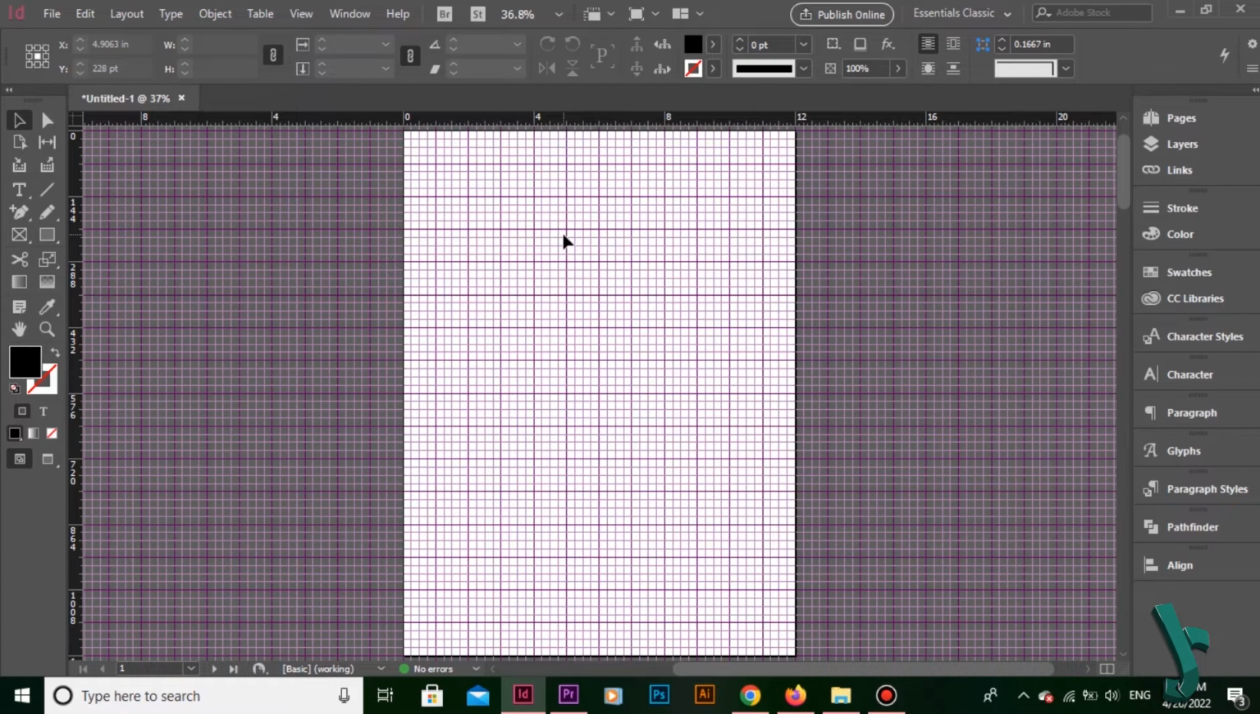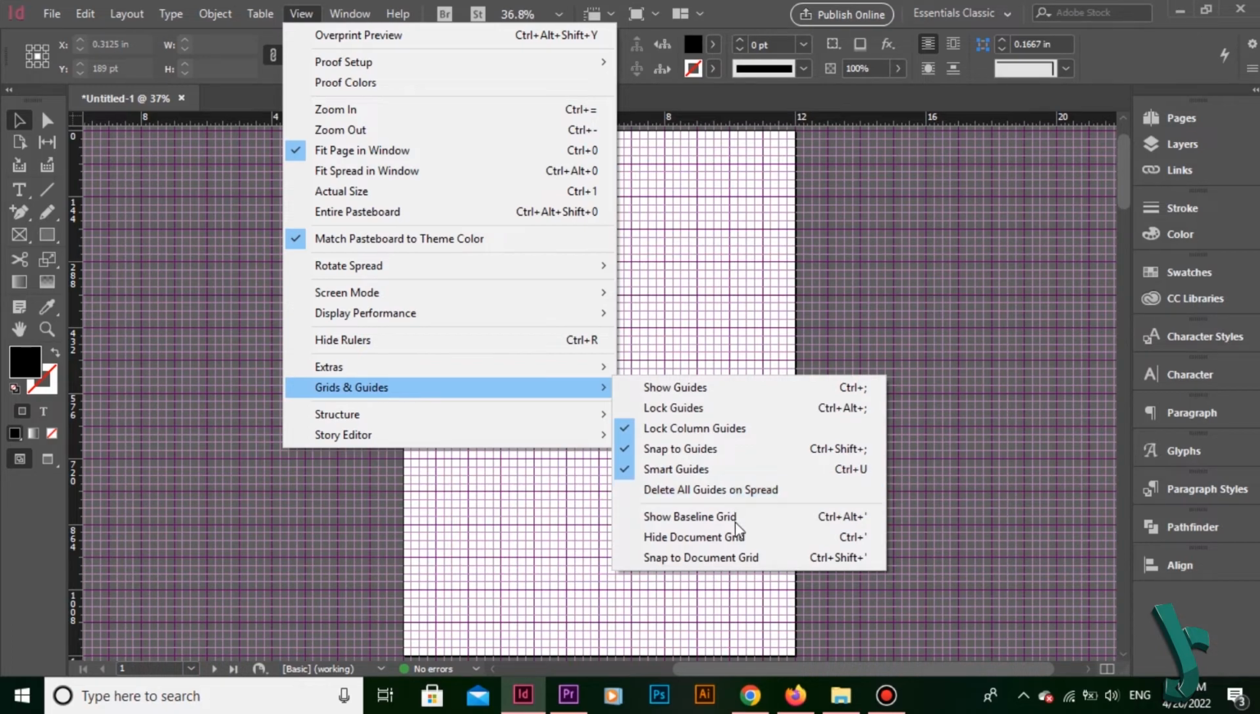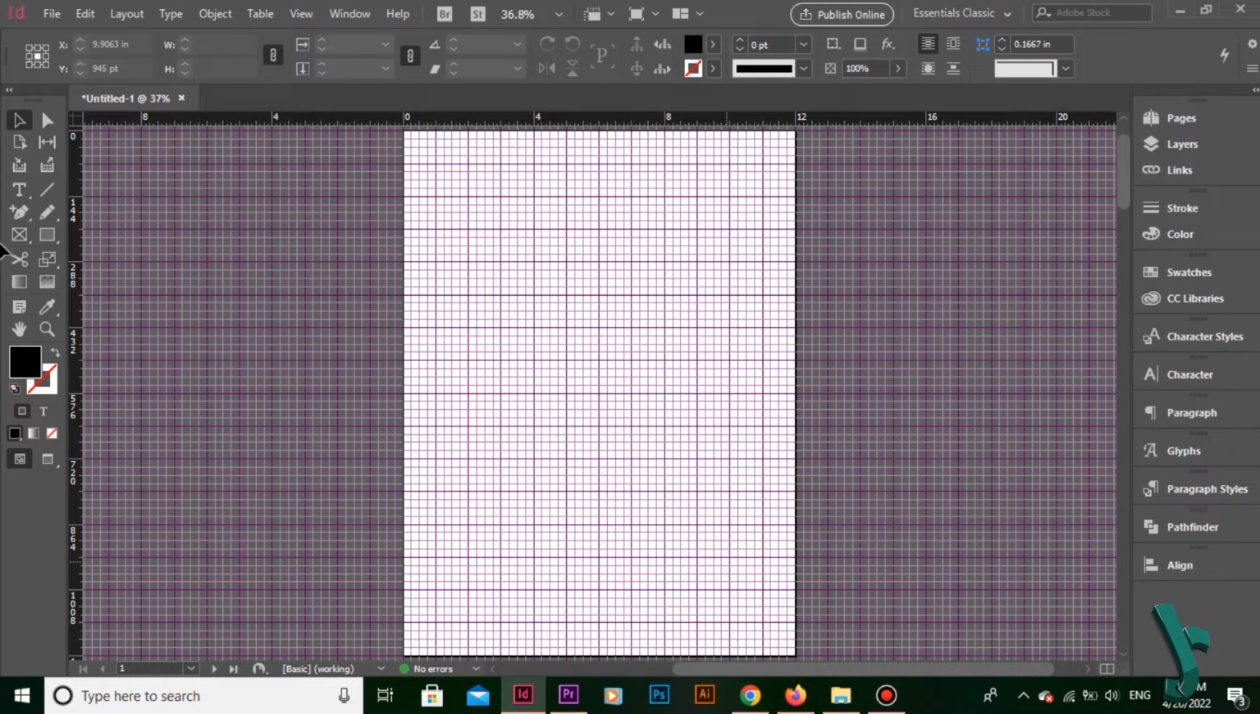Before we move forward, make sure Snap to Document Grids is turned on. Otherwise, the objects won't snap accurately to the grids. To make sure, go to View, Grids and Guides, and check Snap to Document Grids. The reason is, if you draw any object on your screen, let's suppose this is a square, and when I move this square anywhere, see how easily it snaps to the grids